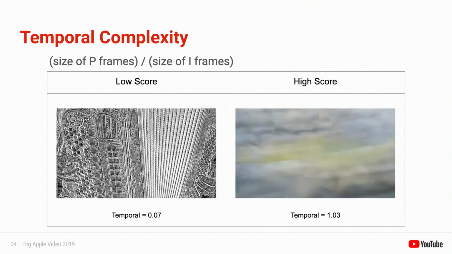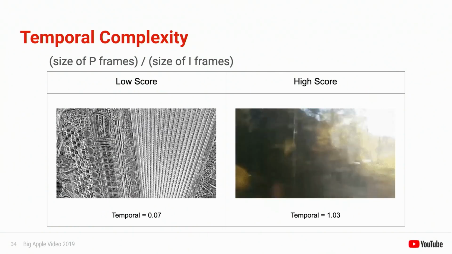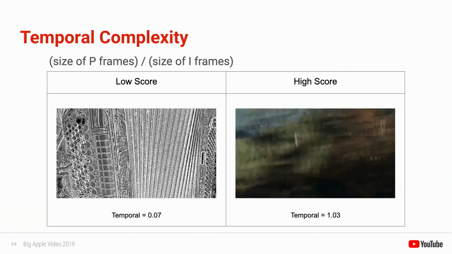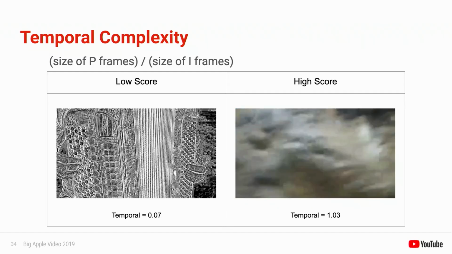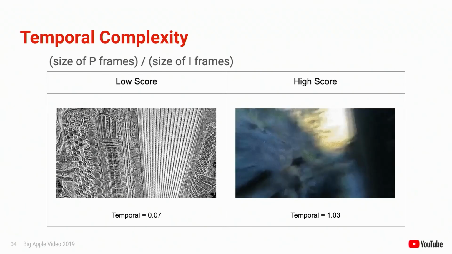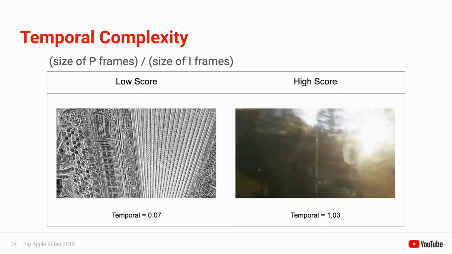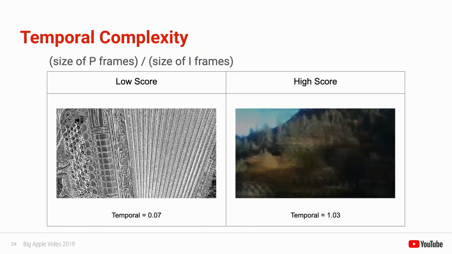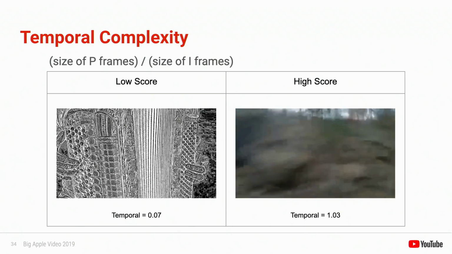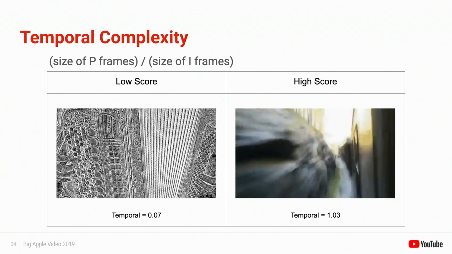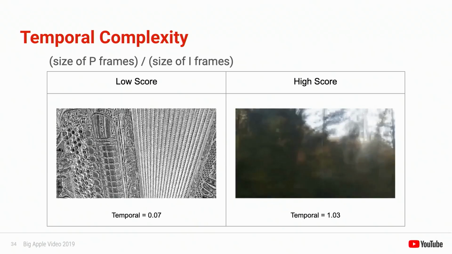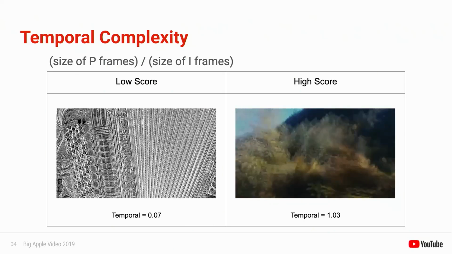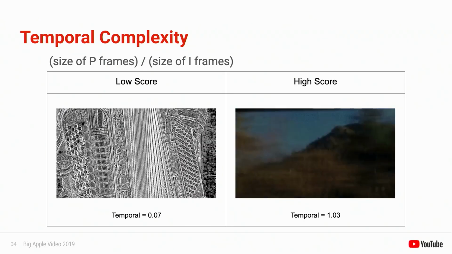The second feature is temporal complexity, and that's computed as the ratio of the number of bits in P frames to the number of bits in I frames. The video on the right, as you can see, has a lot of motion. Each frame is really pretty different from the frame before it. So that has a very high temporal complexity. It's going to require a lot of bits allocated to P frames. The video on the left has a lot less motion in it, and it does have a fairly high spatial complexity, though. You'll notice that the denominator of the function for temporal complexity is the spatial complexity. So given that that's a spatially complex video with very little motion, it ends up with a very low temporal complexity score.